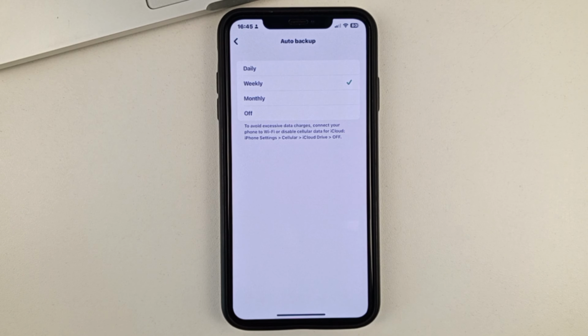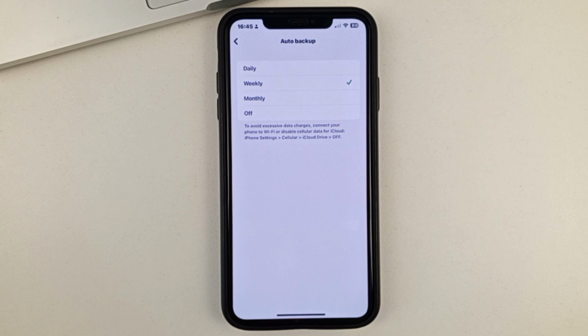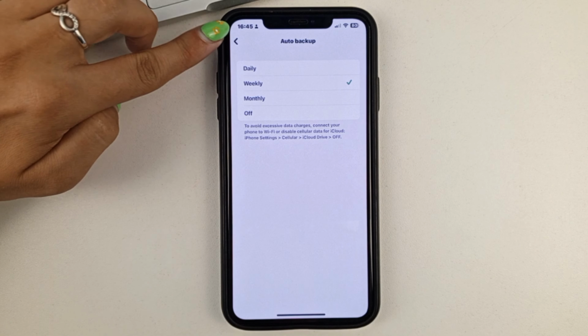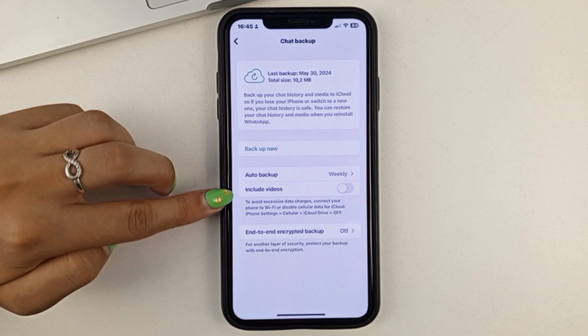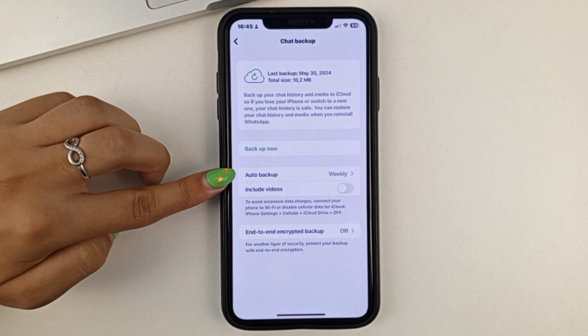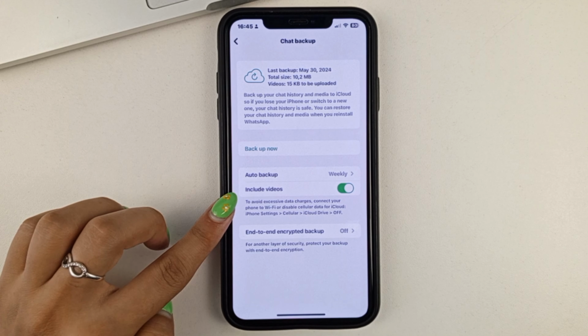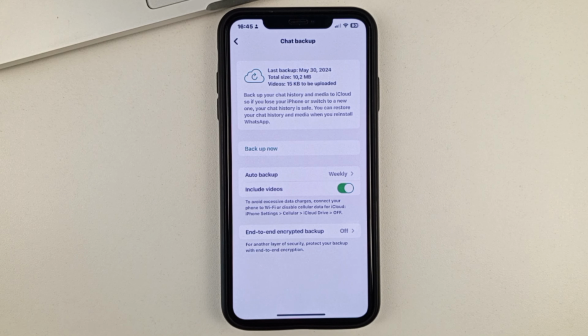And you can first of all adjust and choose how often you want to back up your chats in WhatsApp, which is every day, every week, every month, or you can turn it off. In our case, you need to set your messages to be backed up either daily or weekly like I have. After you do that, go back. Activate the function under Auto Backup. And you'll need to enable it on the video. By doing this, you will also have videos backed up despite their size.